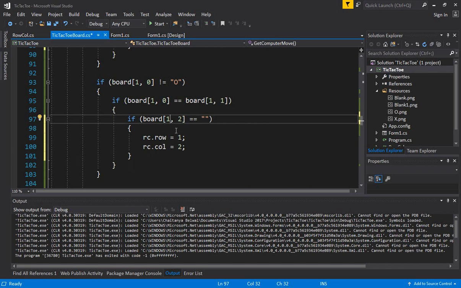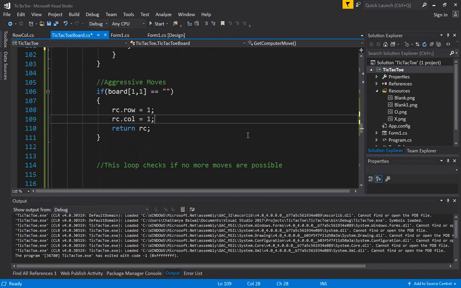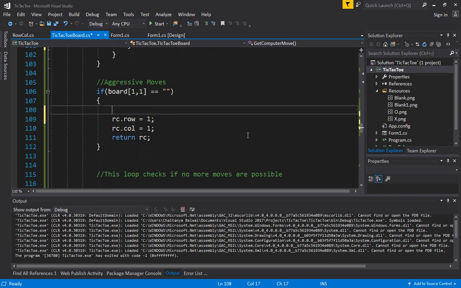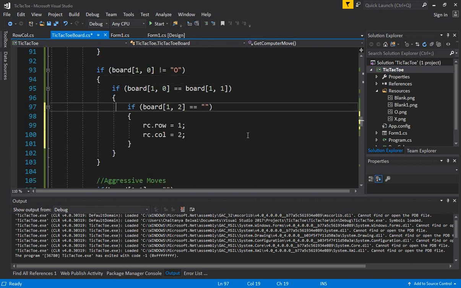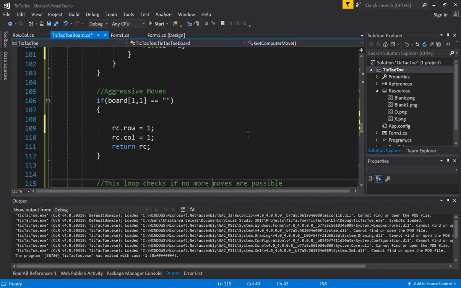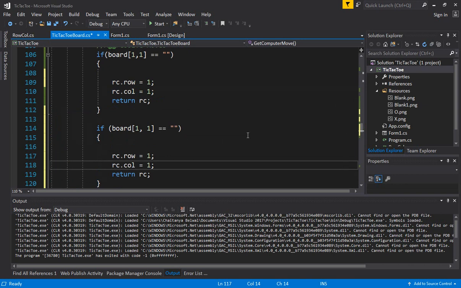Alright, so we checked for this condition and we are looking for the aggressive moves. Again, we need to add a condition. I mean, we can't make illegal moves here. So let's copy this if condition here. If board 1, 1 is, oh, actually here we don't need that because we are checking that in the beginning. Alright, so this is board 1, 1. So if board 1, 1 is occupied, let's look at other choices we can do. If board 0, 0, take this one. This is a pretty good one, which means the corner,